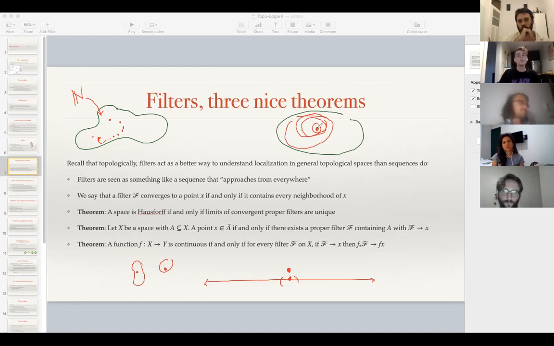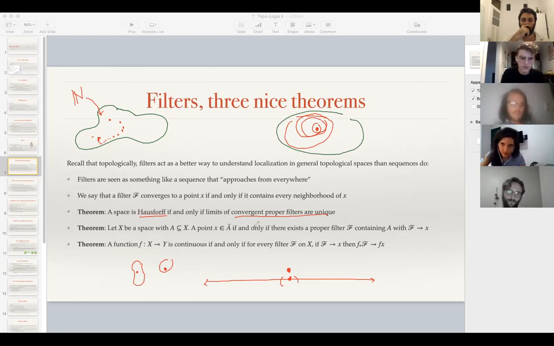The reason why, from a topological perspective, they're interesting is because they're much more general than a sequence, and you don't have any requirement of countability. So for arbitrary topological spaces, you can say it's Hausdorff if and only if limits of convergent proper filters are unique. Okay, that makes sense. Another one: if you have a space X with a subset A,